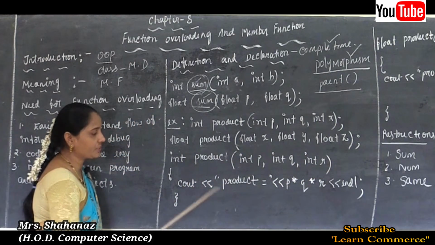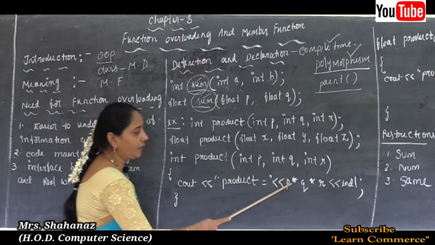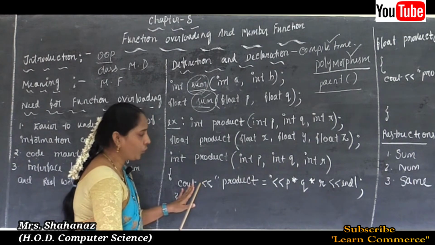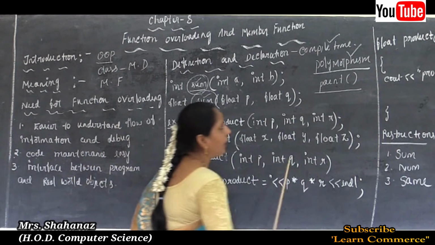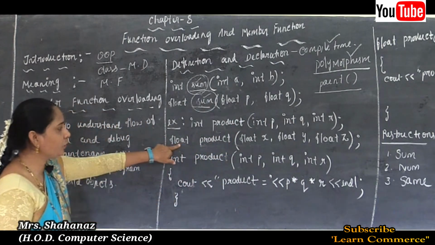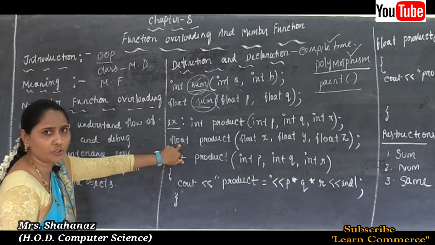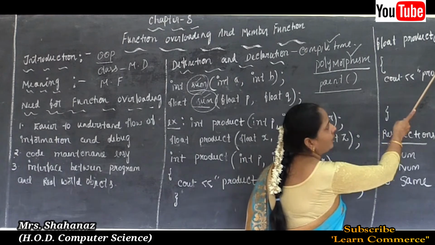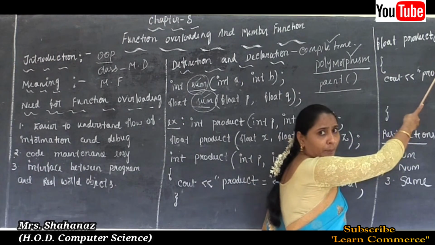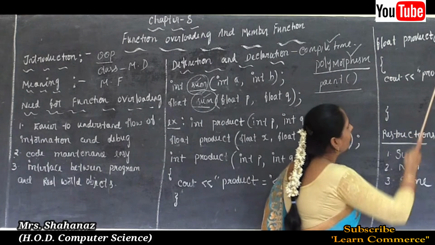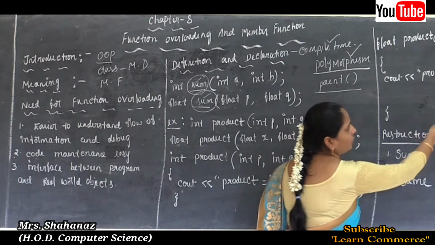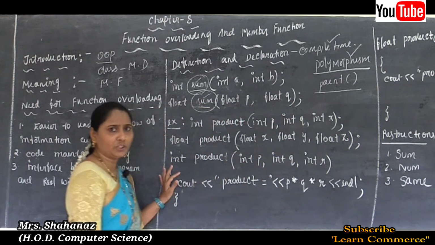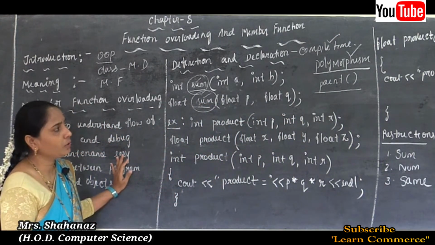So in this example, int product p, q, r, no semicolon, this is the definition of the function overloading. It is going to execute product is equal to p into q into r. One simple calculation in our product function, and like that only the product function we declared by using the data type float. Okay, now such one is going to be defined by using x, y, z data types and number of arguments, and product is equal to x into y into z. One simple coding for our definition of the function overloading here.